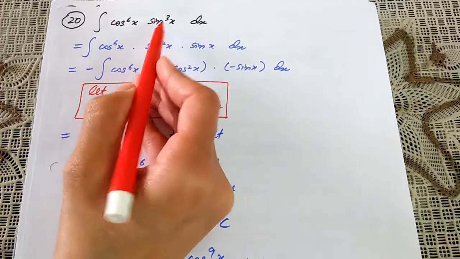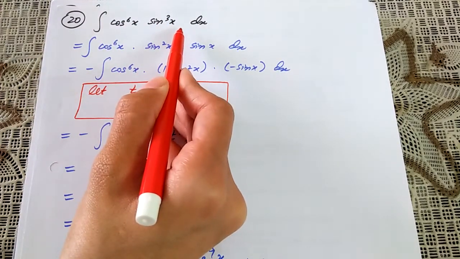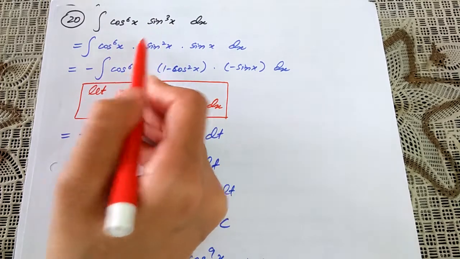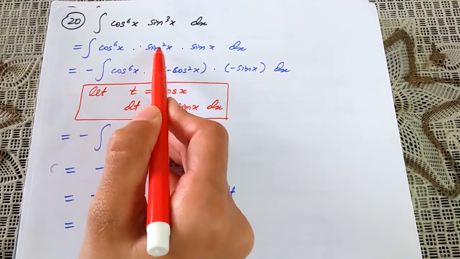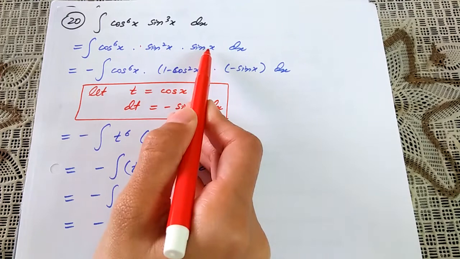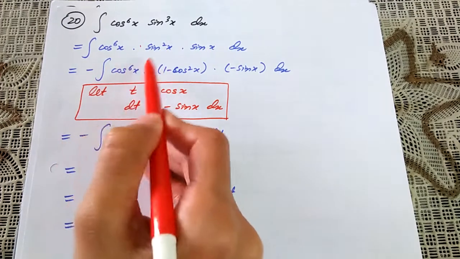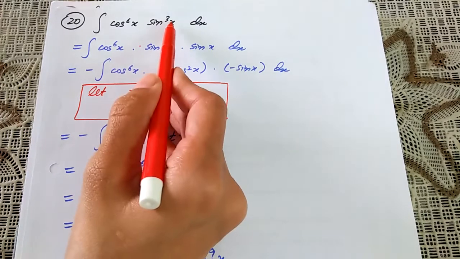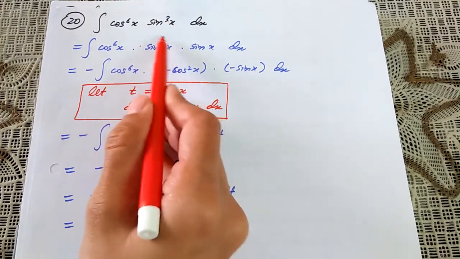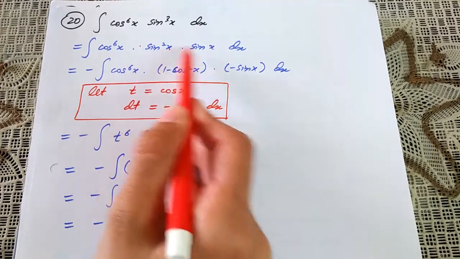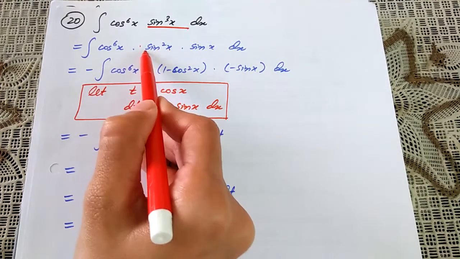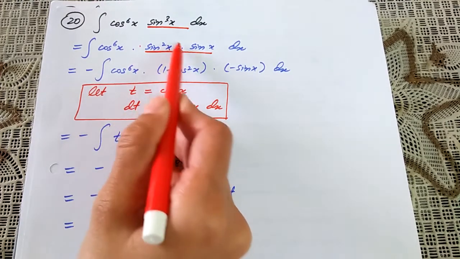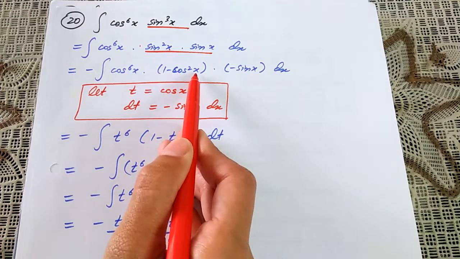Integral of cos 6x sine cube x. Sine cube x can be written as sine square of x into sine x. I want to convert this question into the maximum cos function, so just split this sine cube of x into its nearest even power, that is sine square of x into sine of x. Now sine square of x can be replaced by 1 minus cos square of x